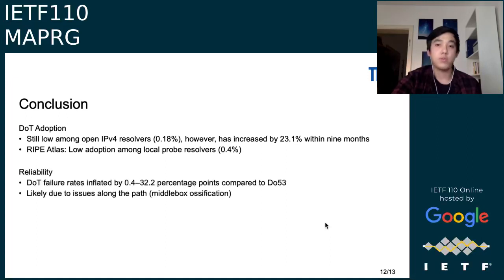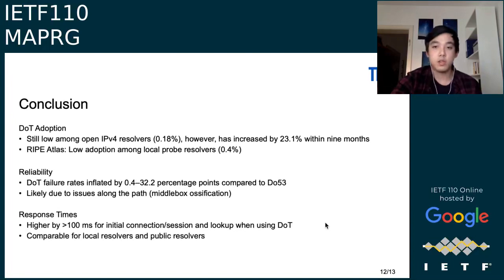For the reliability, we saw that for DOT, failure rates are in some cases comparable, which was mostly the case for public resolvers when comparing to traditional DNS, and in some cases much higher, which was the case for the local resolvers. And we've also seen some indications that this is mostly due to issues along the path with middleboxes. And lastly, regarding the response times, we saw that DOT is slower by more than 100 milliseconds, largely due